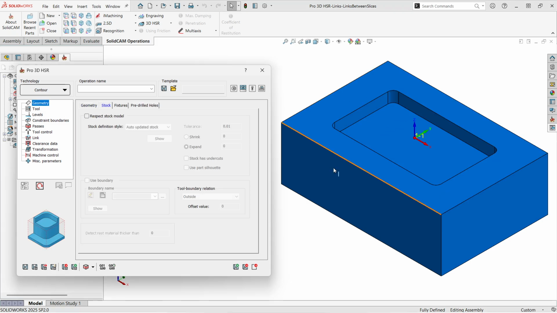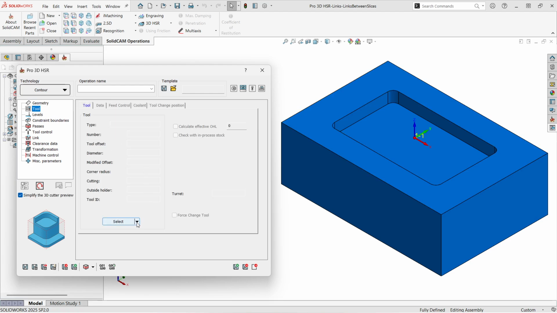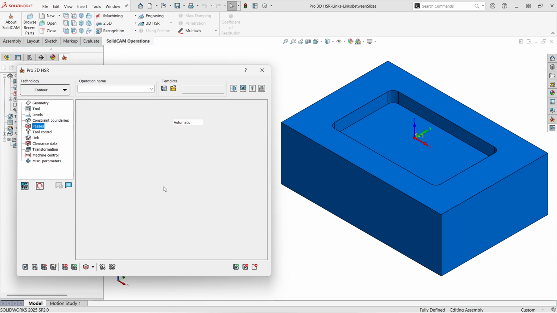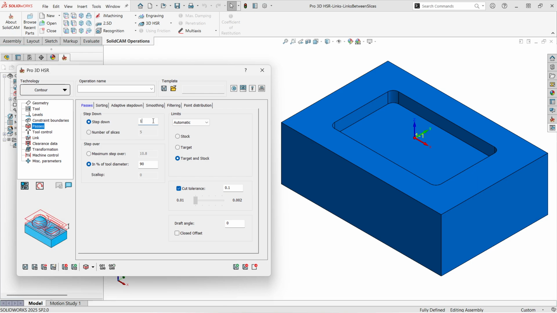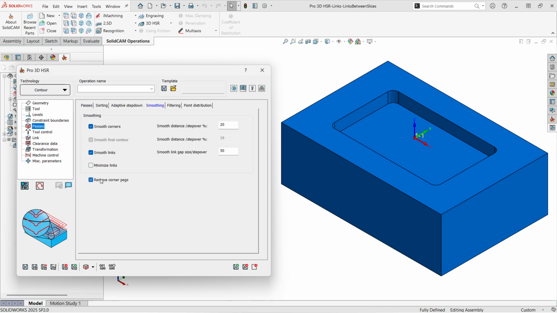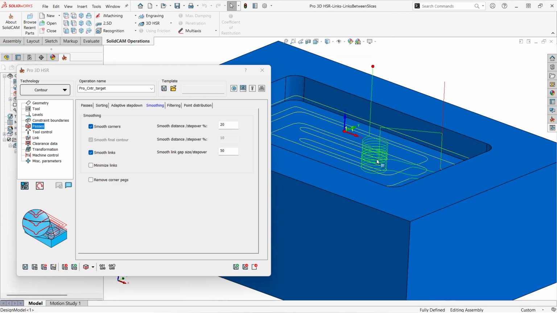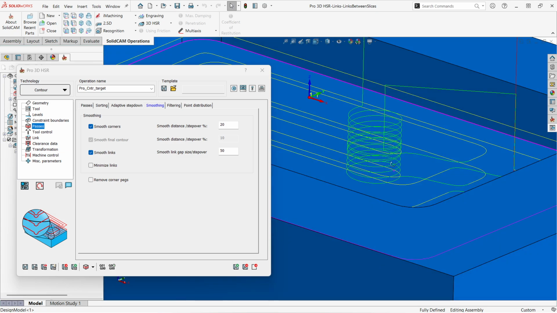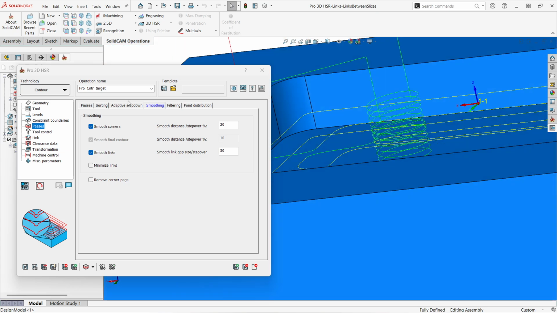Okay, since I have a pocket here, I don't need to enable the stock. I will select my tool, and I also do not need boundaries. Okay, I want a 5 millimeter step down. I don't need minimize links and remove corner pegs. Now here, you can see when the tool moves to the next slice,